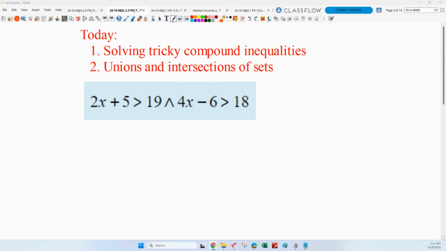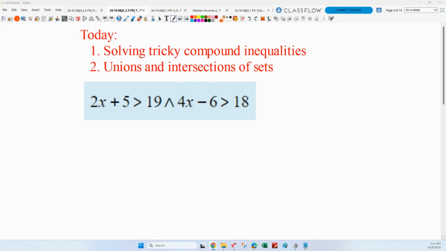Is this an and or an or inequality? It's and, right? That's the and symbol, isn't it? So it's an and statement. When we come up with our solution, the solution of an and inequality is the part where how many of those inequalities are going to have to be true at the same time? Both of them do, right? If I ask you to raise your hand if you have a dog and you have a cat, you have to have both of those in order to raise your hand. All parts of an and statement have to be true to be a part of the solution to the statement,